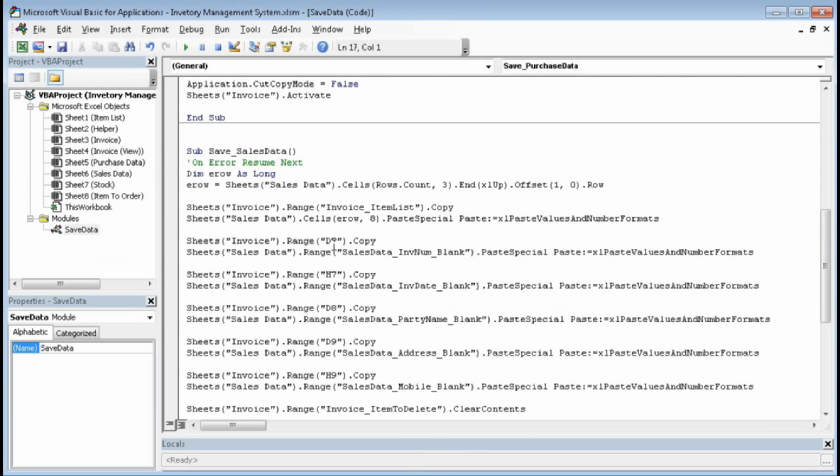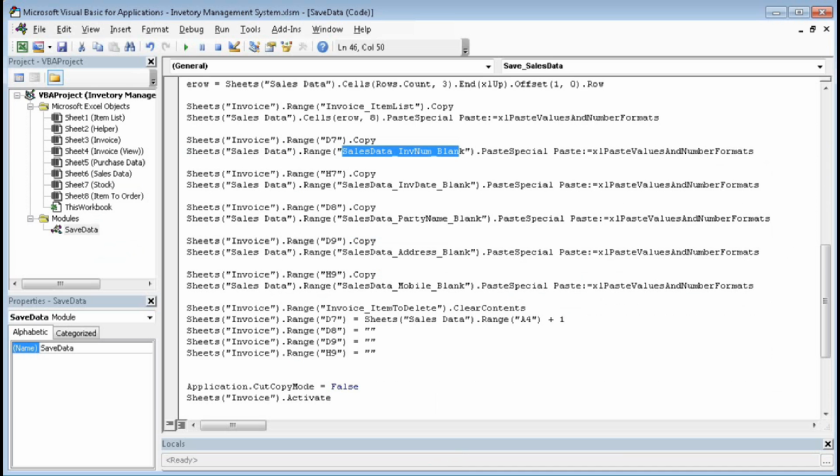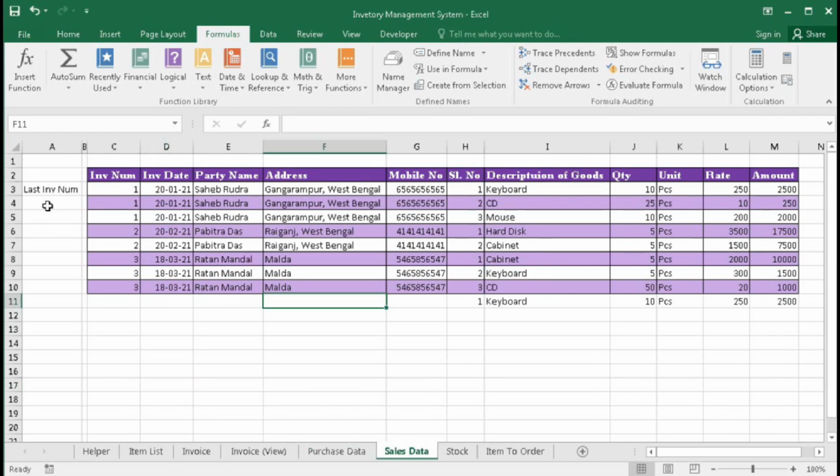You can see here we have already created this range, and here it will be, let's see, it should be on A3.